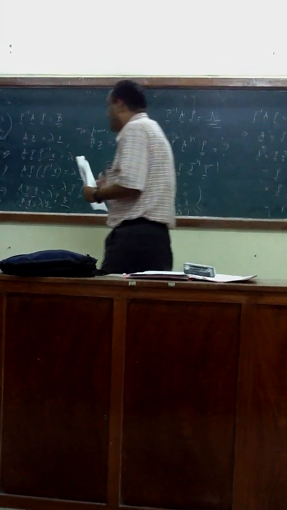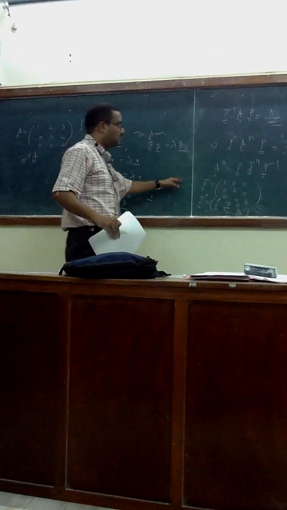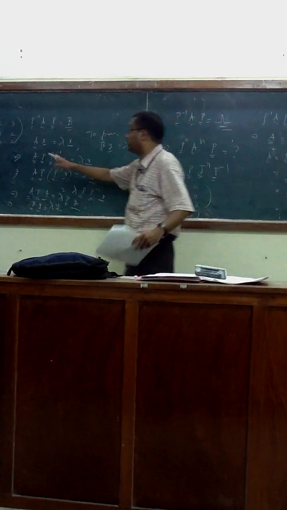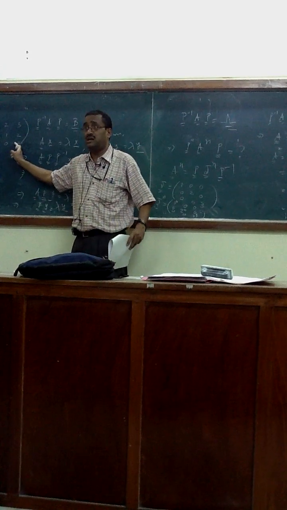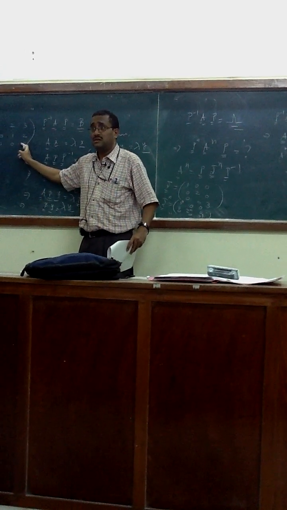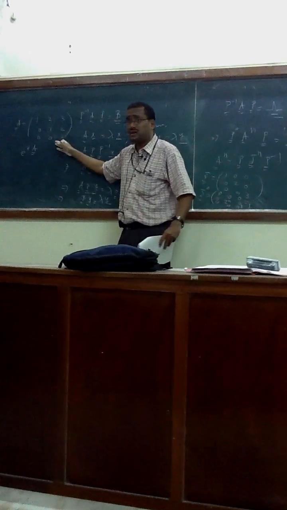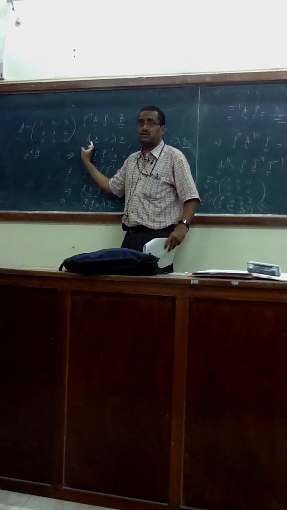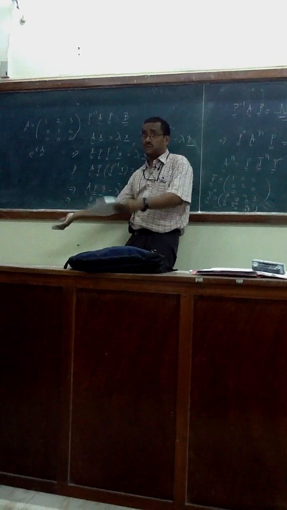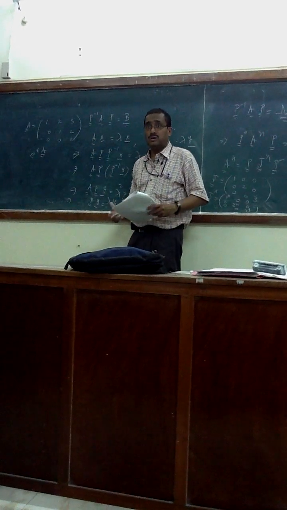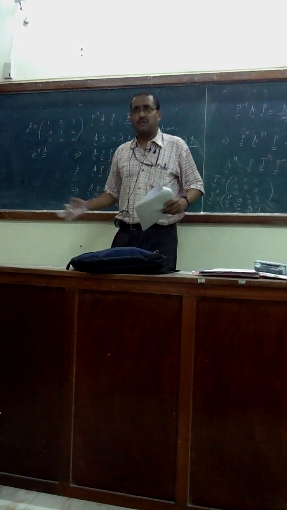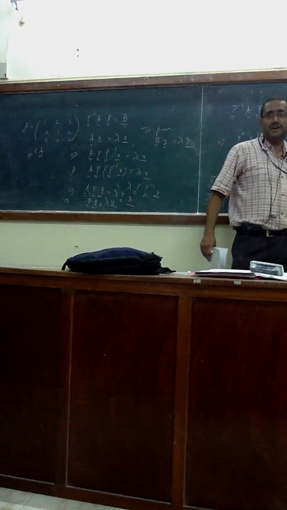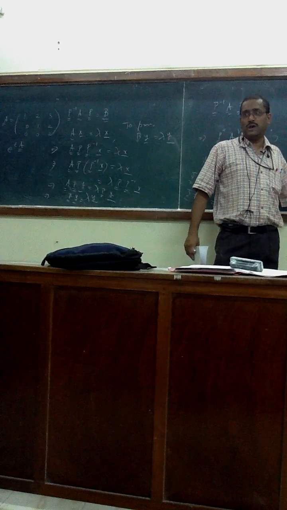If one has to find e to the power T, this is the classic example where you can find A square so easily. Because if you find A square directly from here, it is very difficult. I can make a mistake. If you want to find A cube, you again multiply A square with A. Your mind will curse me: what sort of problem has Sir given? But if you do it this way, it's a fun, it's a game. So I want you to play the game.